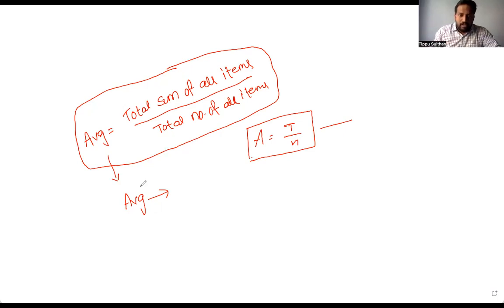So we can say the center value, we can say the middle value, we can say the mean. There is a pretty long list of names for this, but we call it an average. Simply remember this: average is equal to T by N. Many people ask many questions. There are plenty of types, guys. If you keep on discussing averages, it takes a lot of time. So we quickly jump into